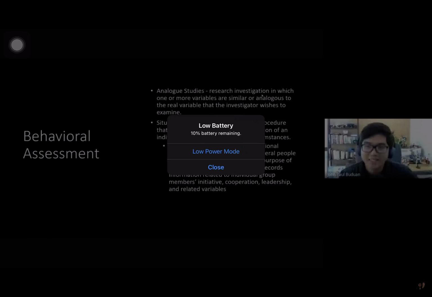Okay? So, analog studies, research. Yung mga analog studies na to, research investigation in which one or more variables or similar will variable. Ba't ko nilagay ito? To assess other forms of assessment, behavioral assessment. Okay? Sa research naman. And then sa situational performance measure, pag bibigyan ka ng situation, and then titignan kung ano yung gagawin mo. Yung leaderless group technique na kung saan ginagamit to usually sa IO para sa mga managerial positions